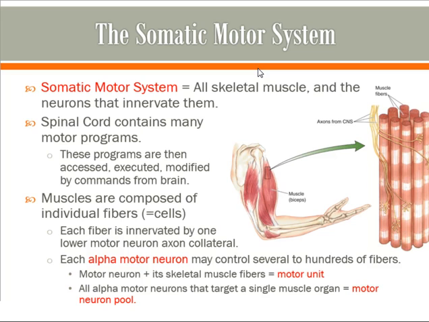So in order to activate my bicep, I can basically make a decision, or my nervous system can make a decision. Am I going to activate 5 of the motor units within that motor neuron pool? Or am I going to activate all of them within the motor neuron pool? If I only activate 5, it'll result in a pretty weak force of contraction that won't cause rapid movement or won't generate a lot of force. If I activate all the motor units present within the motor neuron pool, that would cause every single muscle fiber in the muscle to contract simultaneously, and you get a much harder, aggressive, forceful kind of action. And we have the ability to modulate. And that's one of the things we'll be talking about, is how that modulation occurs.